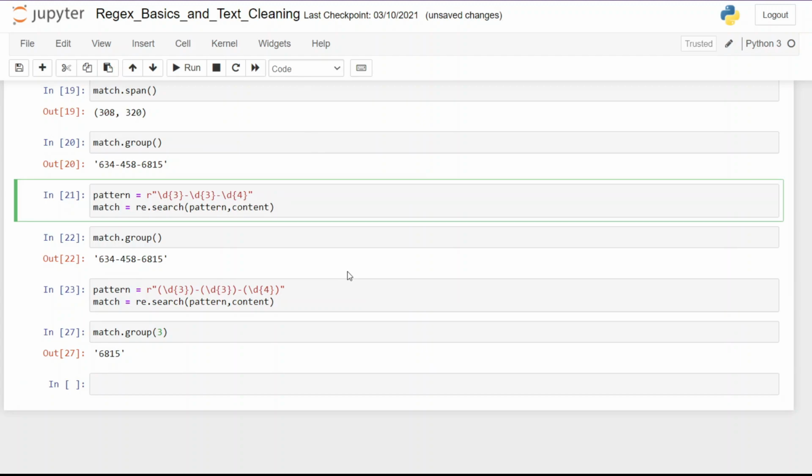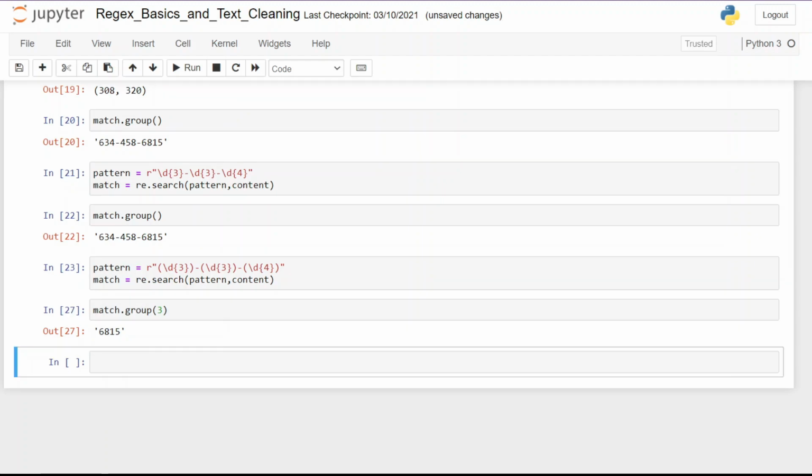Now we are going to learn how to clean text data using regular expressions. Cleaning text data is essential, just like in the case of tabular data, where we have to clean the data, like treating missing values and all that. By the way, I have a playlist called Advanced Linear Regression, where I have used different techniques to clean tabular data. If you are interested, go ahead and watch it. Coming back to text data, it also follows the principle of garbage in, garbage out. If you feed garbage to the algorithm, it will spit out garbage, or you can say very poor accuracy. Your result will not be good.